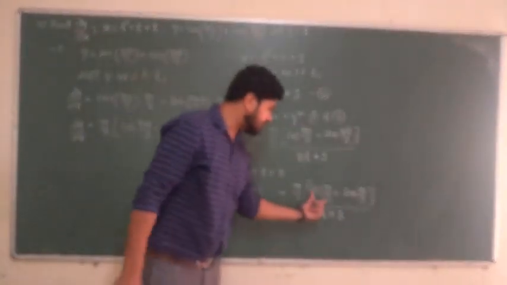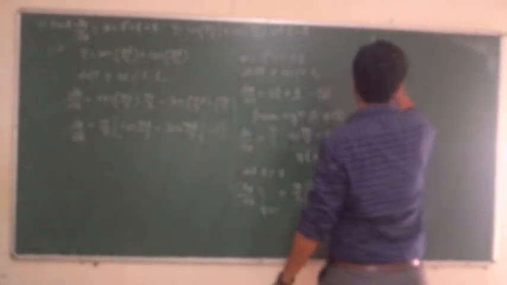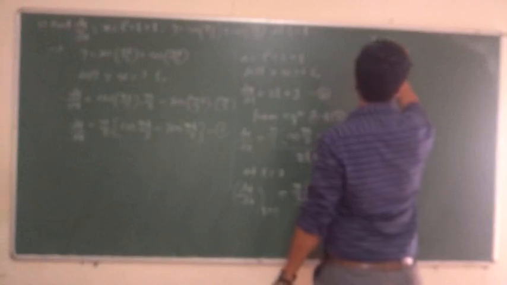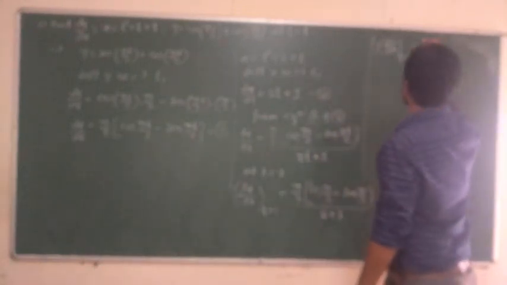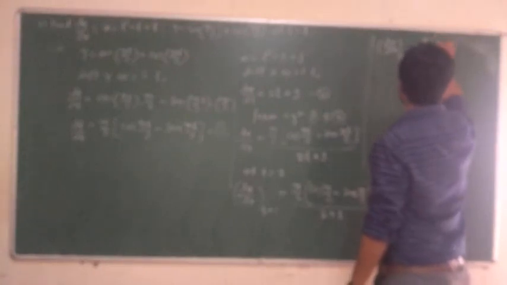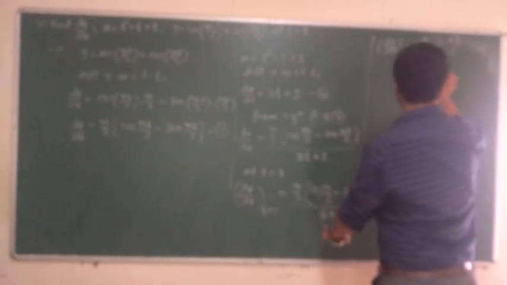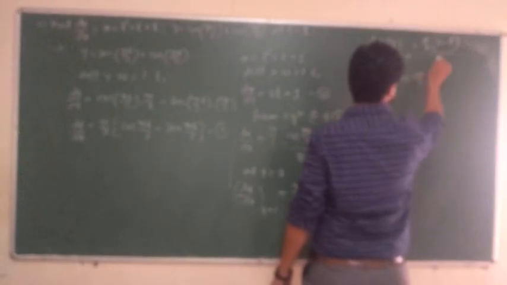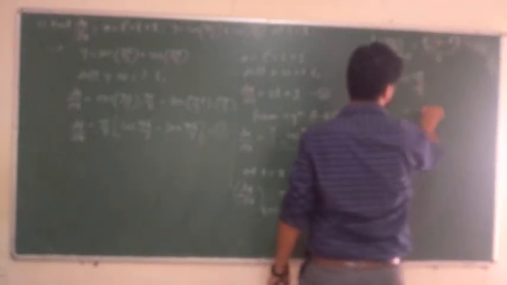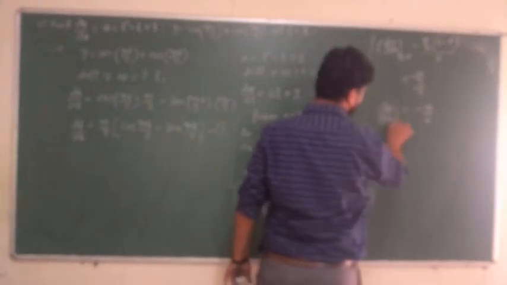Now the value of cos pi by 2 is 0 and sin pi by 2 is 1. So our answer becomes dy by dx at t equal to 1 is equal to pi by 2 into 0 minus 1 upon this 2 plus 1 is 3. So minus pi by 2 upon 3. So your final answer is minus pi by 6. This is the value of the derivative at t equal to 1, minus pi by 6.